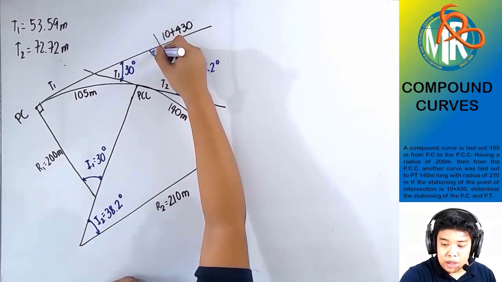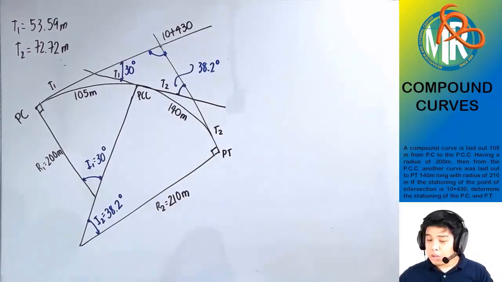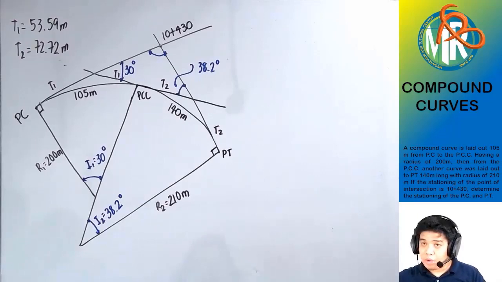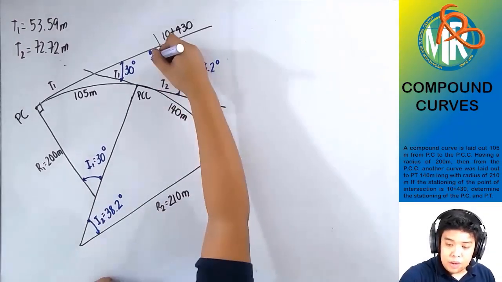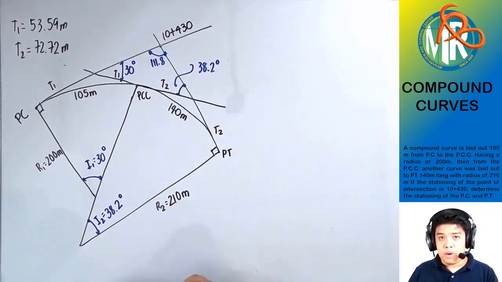Ngayong class, from that idea, we can also get this angle. Paano natin makuha yan? Alam niyo naman, sum of angles of a triangle is 180. So, that's 180 minus 30 minus 38.2. The answer is 111.8. Okay, that is 111.8. Okay po. So, ngayon,